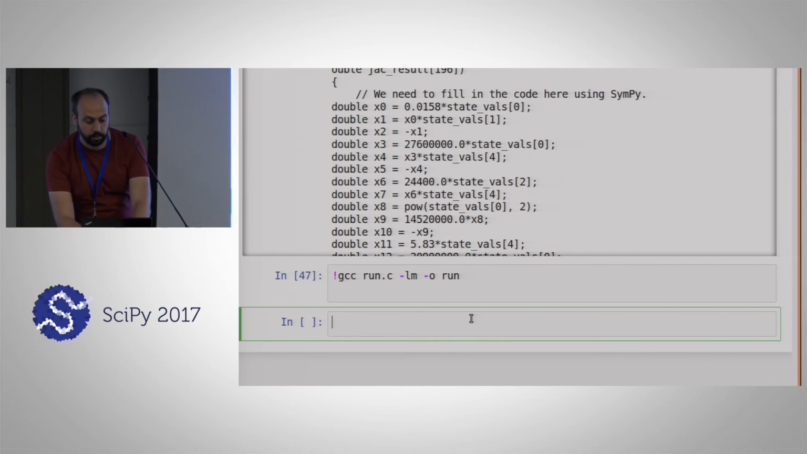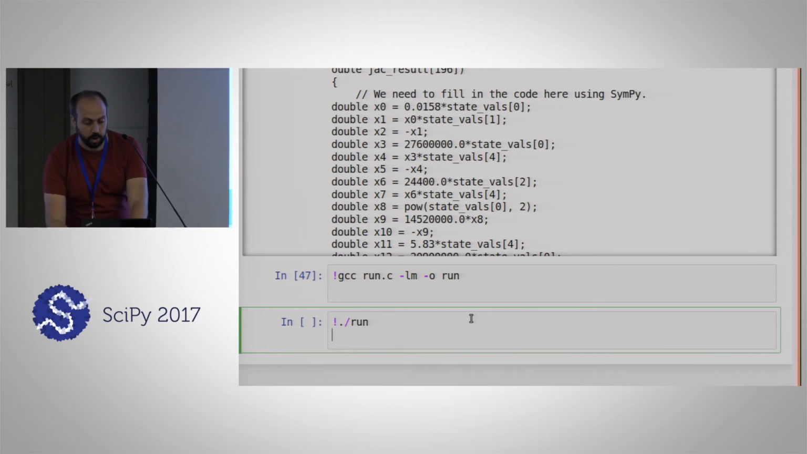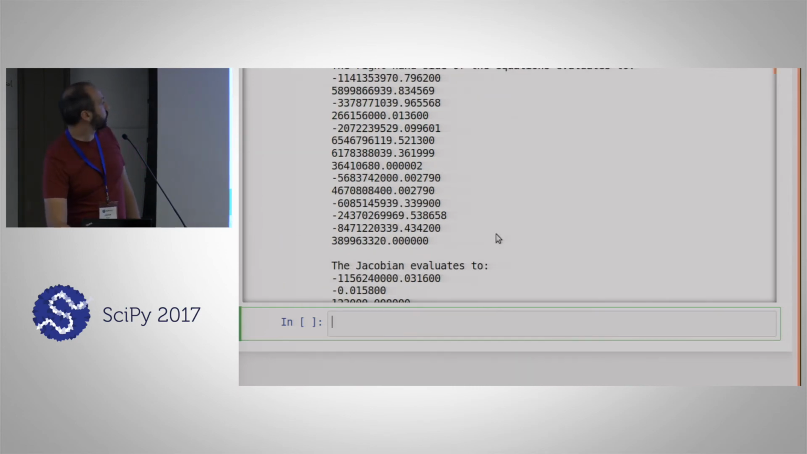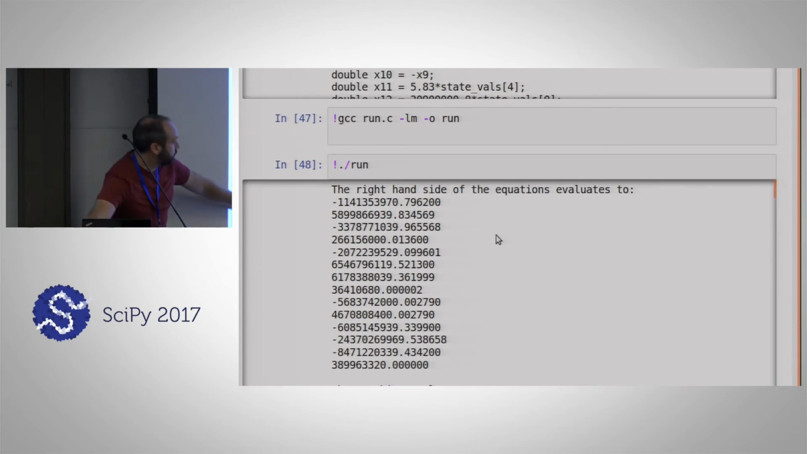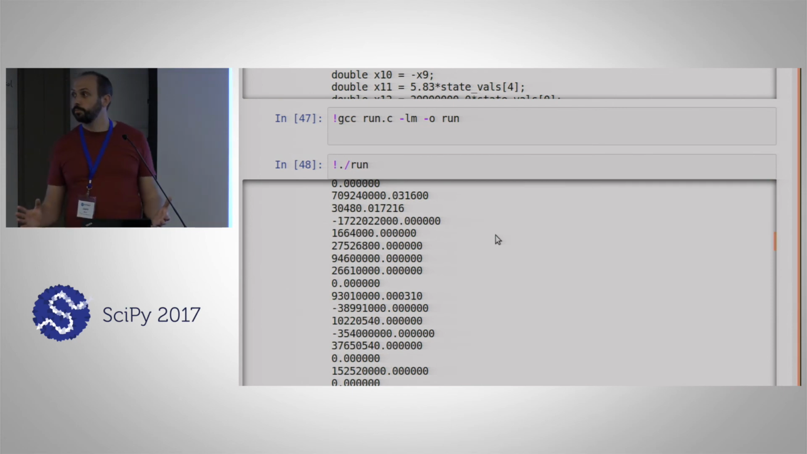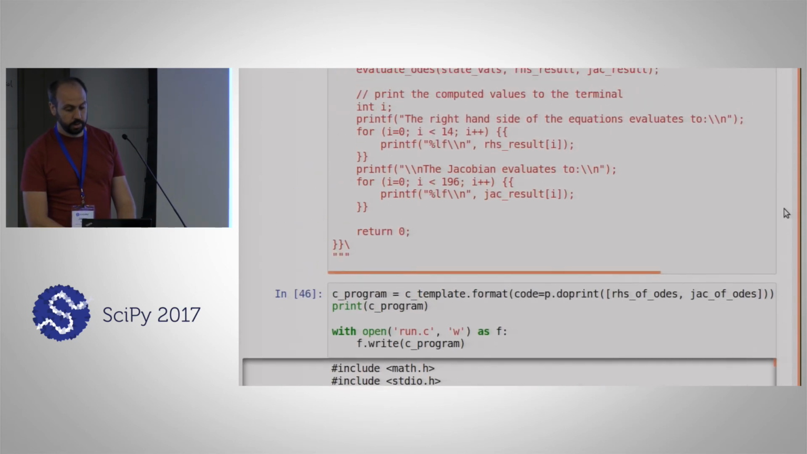Looks like it compiled with no error, and then run it, and it does my calculation. Right hand side, it calculates the values, and the Jacobian evaluates too. Okay? So you'll have to dig through that last bit a little more, probably to see some of the details,